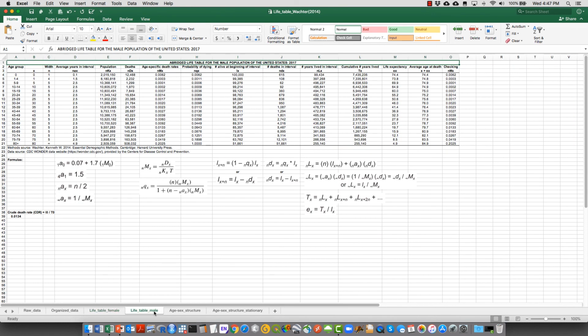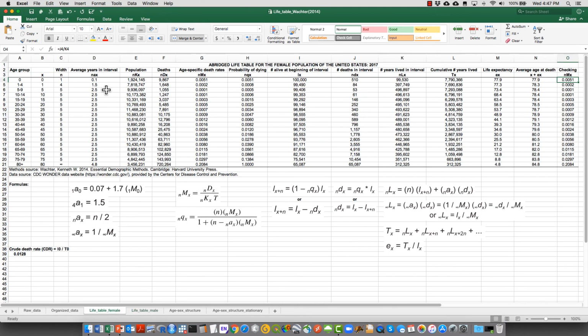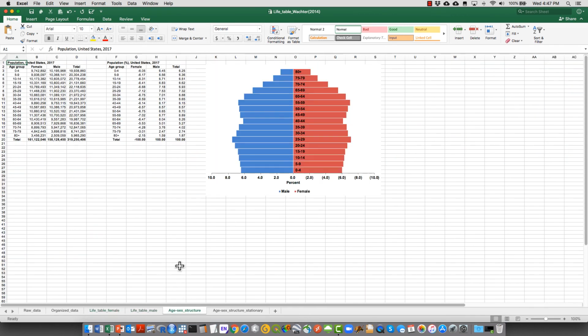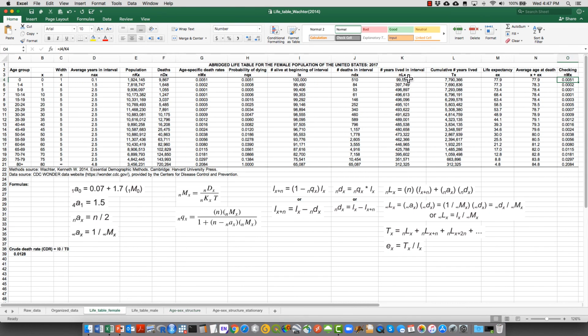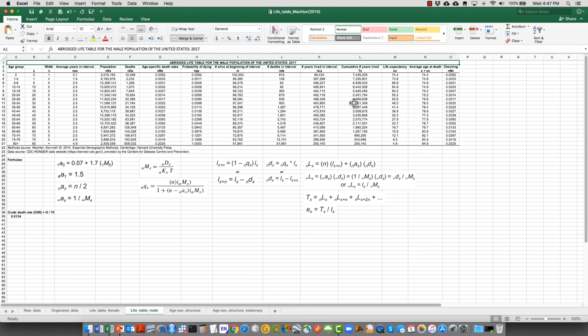This is the life table for men, same idea. And then I just get this population here for men, and then the same thing for women to generate this age sex structure of the population. And then for these two life tables, I get this column here of the big LXN from here and from here, so